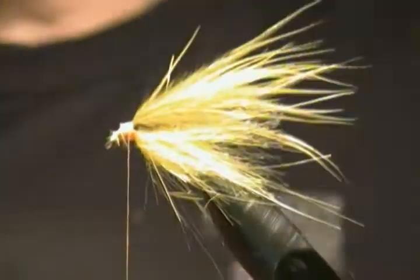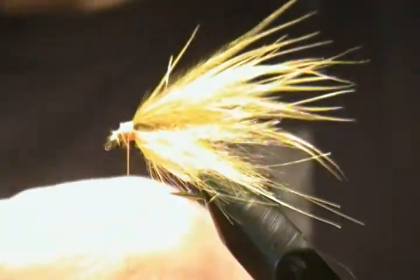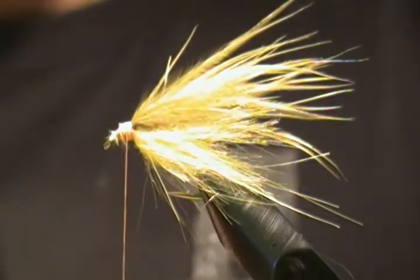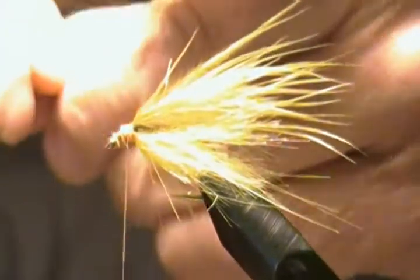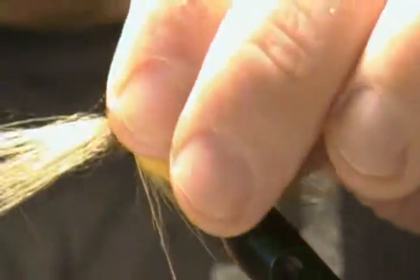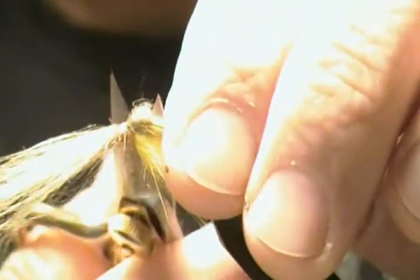And next, we're going to take a little bit of olive craft fur, small amount, and I'm going to tie this in a little different. And tie this in. Just want to get it squared off here. Okay, I'm going to tie this in with the butts facing back, like so, and the tips out over the eye. So we want to bind that down. A couple wraps here. Just take your thumb and spread that out a little bit. Then I'm going to trim off those butt ends,